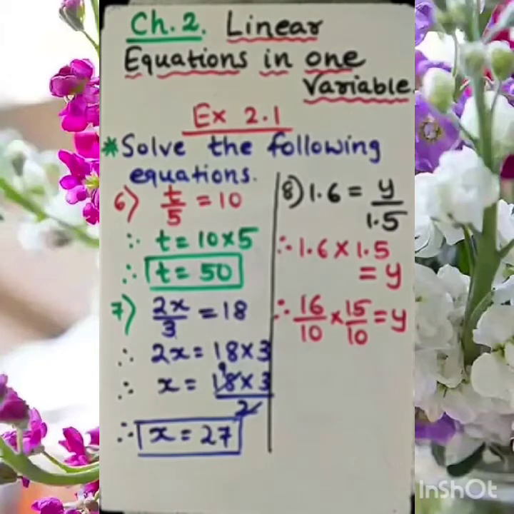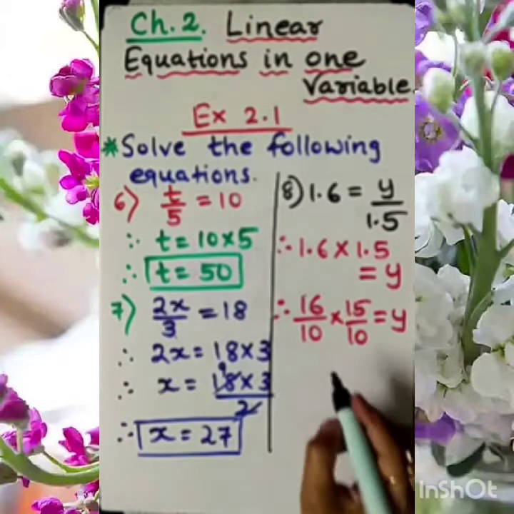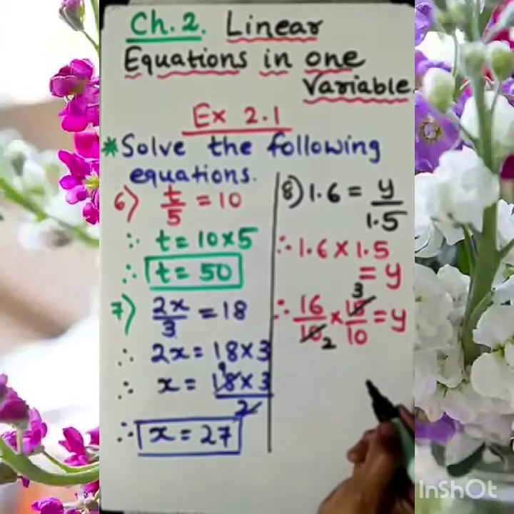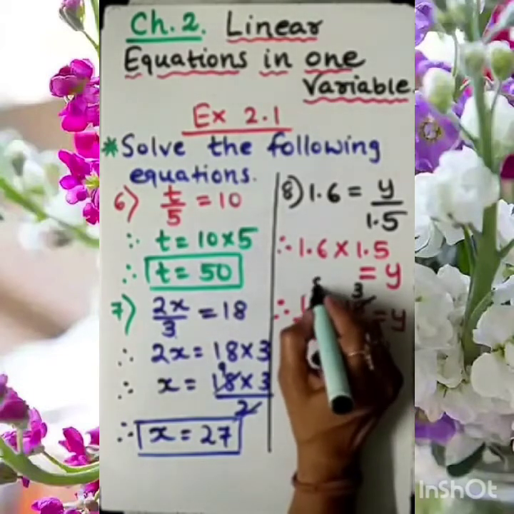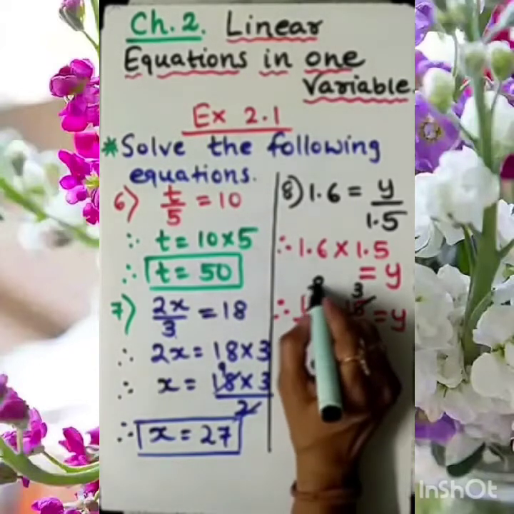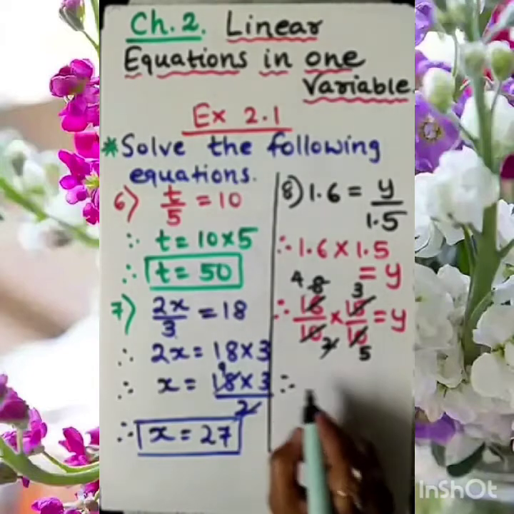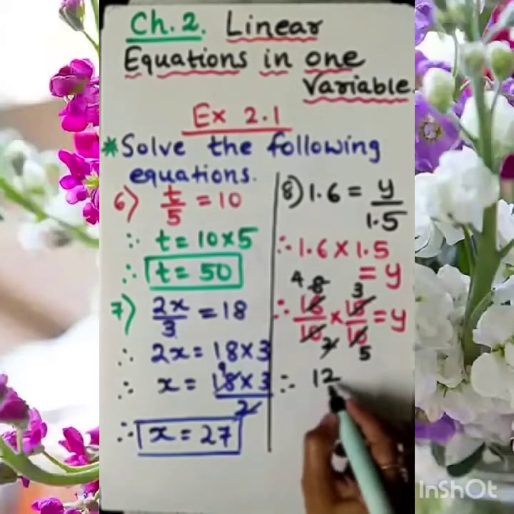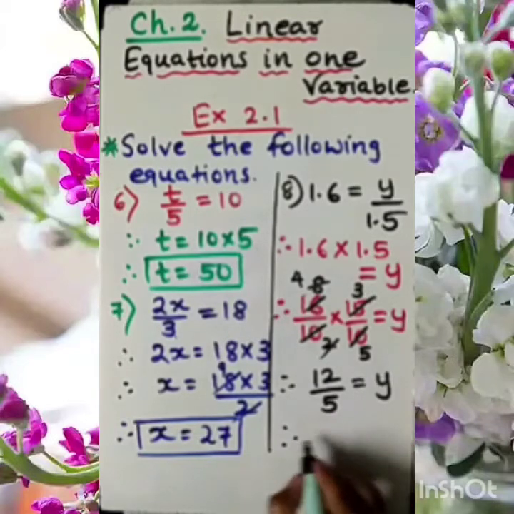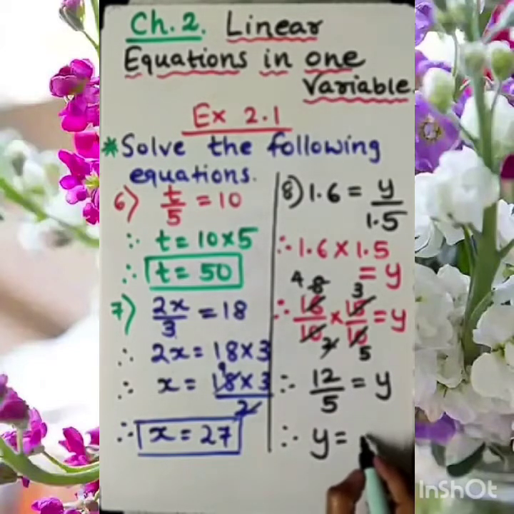Clear to you? So, my dear student, let's simplify. Try to bring them into standard form. So, if we simplify that, then what do we have? 5 threes are 15. 2 will be left. So it will move with the 8, 2 eights are 16. Again, let's work out with the 5. 2 will be there. So 4 will be left. So finally, 4 threes are 12. In the denominator, 5, that is equal to y. Therefore, the value of the variable y is 12 by 5.